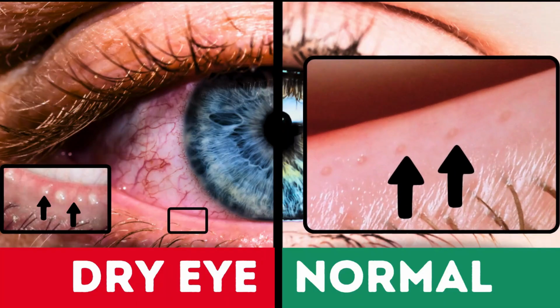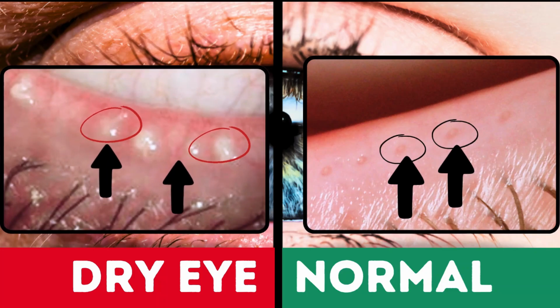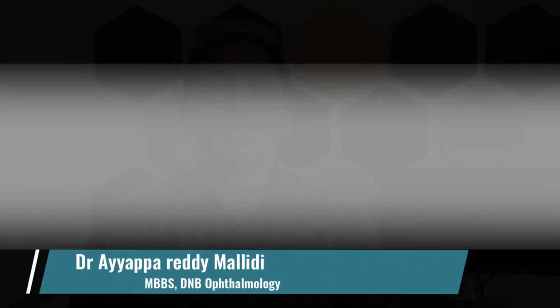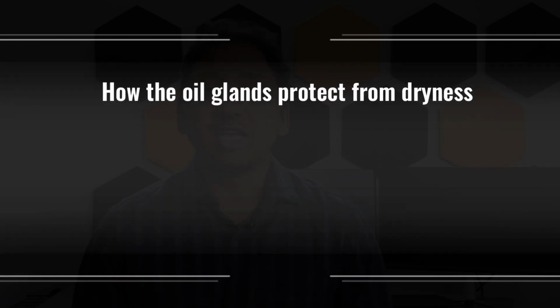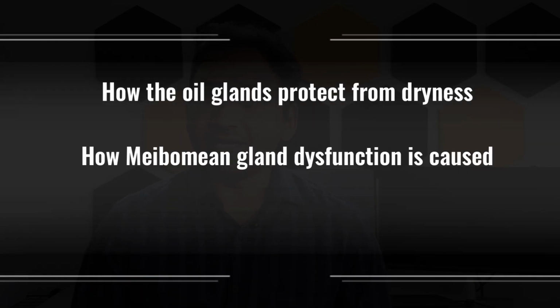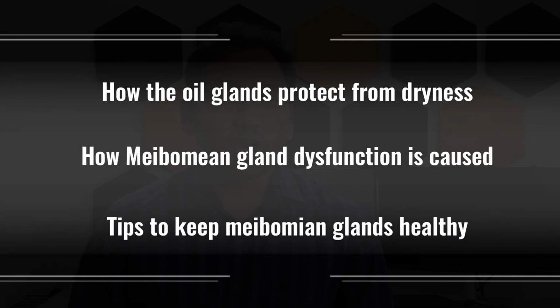Do you see these tiny dots? These are the tiny oil glands in your lids, and a problem in these glands is the root cause for 80% of dry eyes. These are Meibomian glands, and today we learn how these oil glands protect our eyes from dryness, how a malfunction in these glands leads to Meibomian Gland Dysfunction or MGD, and what we can do to